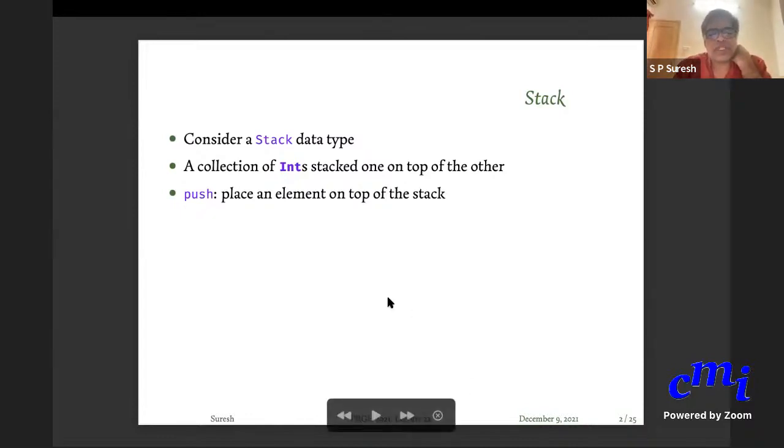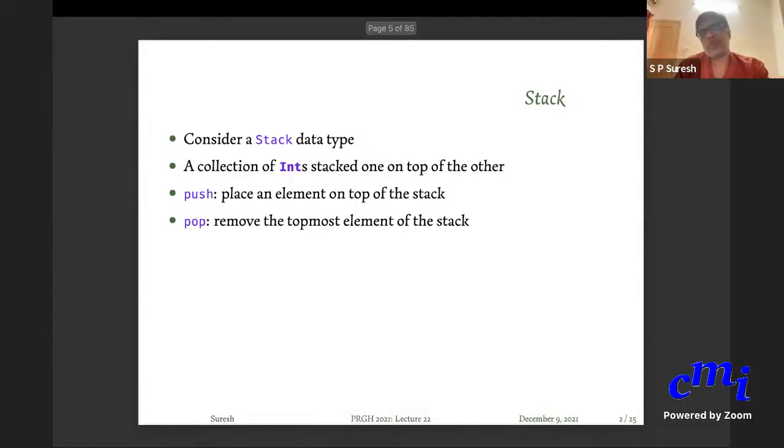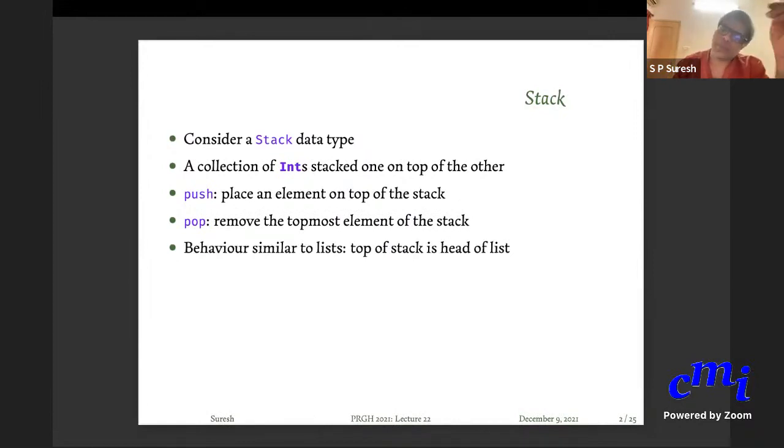So you want to restrict access to this collection by only allowing these operations, namely push, which is to place an element on top of the stack, and pop, which will remove an element from the top of the stack, assuming that the stack is non-empty. If the stack is empty, you cannot remove it, of course.